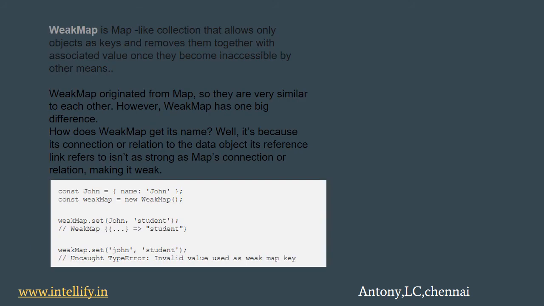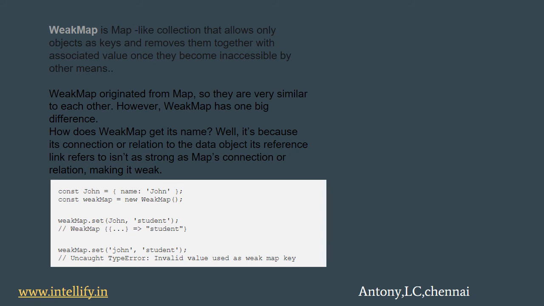So next, WeakMap. So what is WeakMap? The first difference from Map is that WeakMap keys must be objects, not primitive values. Now if we use an object as a key in it and there are no other references to that object, it will be removed from memory automatically. Compare it with the regular Map. For example, if John only exists as the key of a WeakMap, it will be automatically deleted from the map